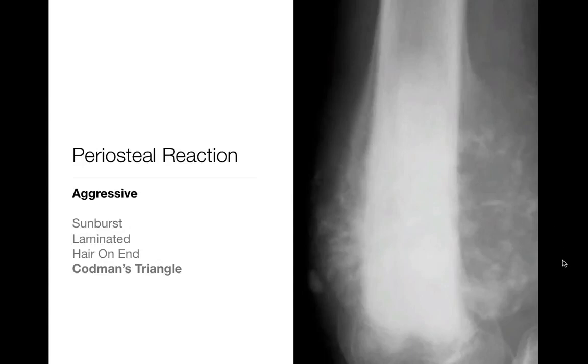Obviously, this is a complicated periosteal reaction. In this case, there's not only a Codman's triangle here and a Codman's triangle here, but you also get this sunburst periosteal reaction right here, and maybe some hair on end right here. Very complicated periosteal reaction. There's this soft tissue component of the mass and this geographic sclerotic lesion with a wide zone of transition in the distal femur. This looks scary. This was an osteosarcoma, and this